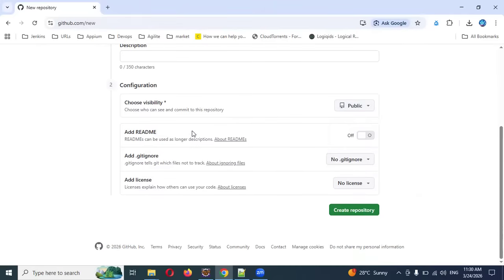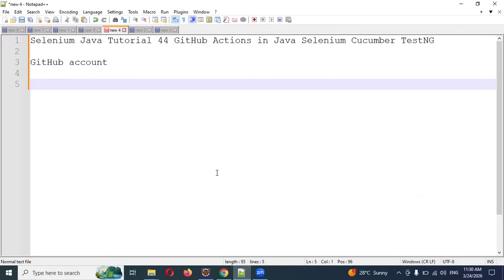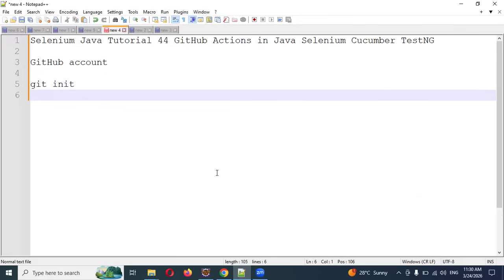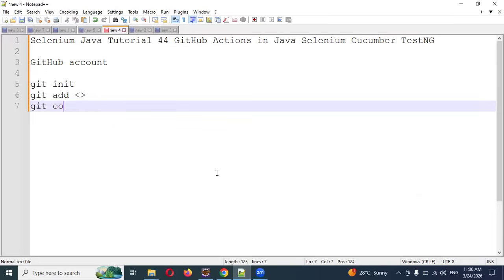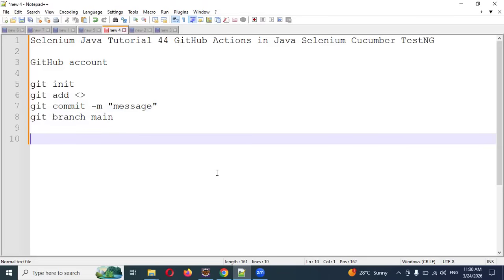Once you create, it will give you a small application place, and there you will see the commands. One is git init. Then git add and a file name will be provided, you can use that. Then you can use git commit -m and provide some message. And lastly you can see git branch, and provide the name of the branch. And then you need to use git